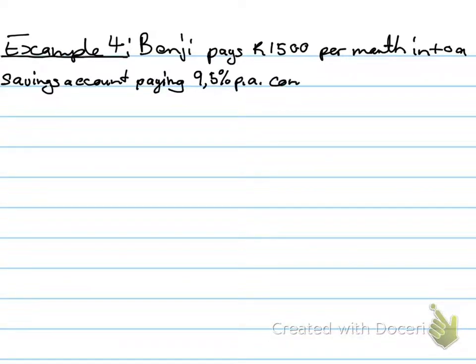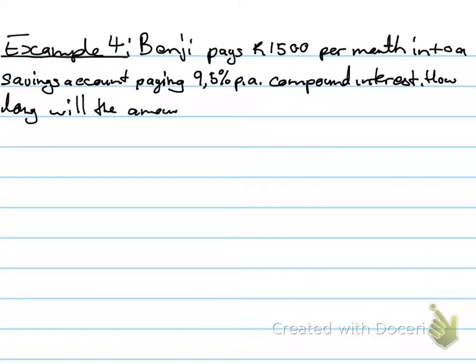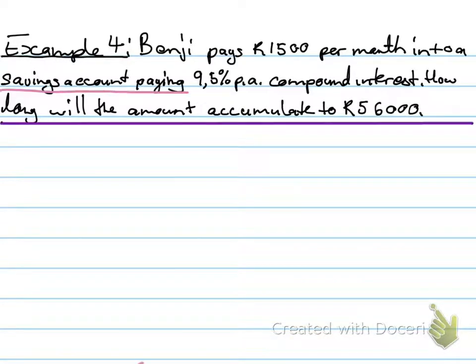Into a savings account, paying 9.5% per annum compound interest. How long will the amount accumulate to 56,000 rand? So, a savings account. Remember, the moment you are saving, which means you want it to be a certain